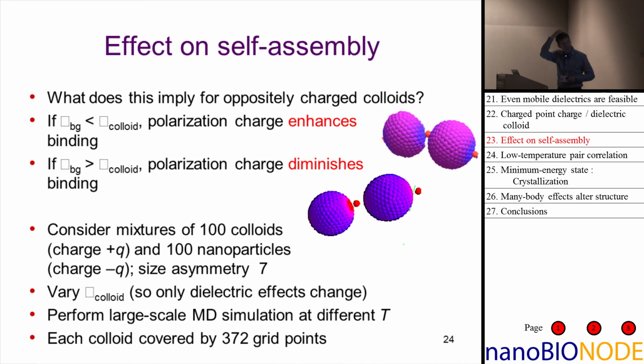So to study that, take a system of large and small particles, oppositely charged, and put them in a solvent. And we bring this to very low temperatures so that you get strong electrostatic attractions compared to kT. And we see what happens. And so then, depending on the dielectric background, the solvent chosen, you either get particles that, well, they are attracted to each other, but that attraction is either weakened or strengthened by the dielectric effects. And let me show you what we find if we do that.